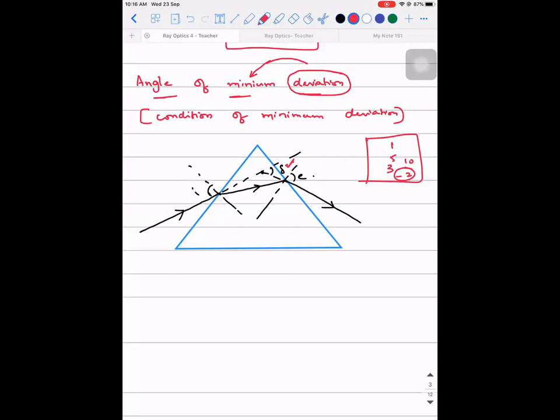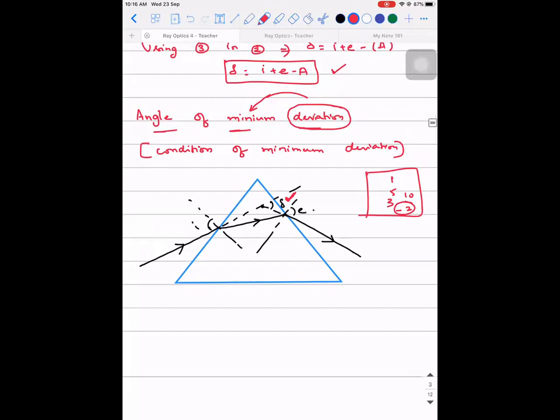Try to understand my question. I'm trying to ask, will the value of delta be a constant or a variable? Variable. You can confidently say the answer if you look at the last expression that I derived in the previous derivation. It is variable. Why? Because it depends on the angle of incidence and emergence. Though the angle of the prism is common, angle of emergence obviously depends on the angle of incidence.